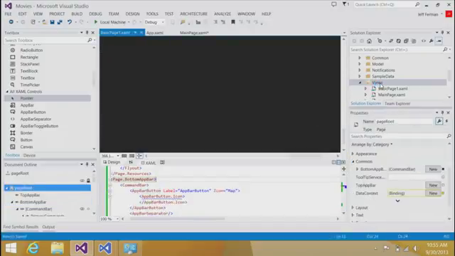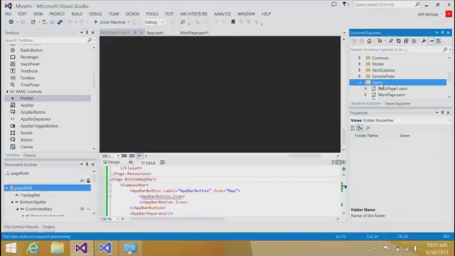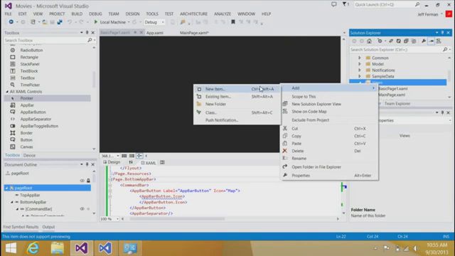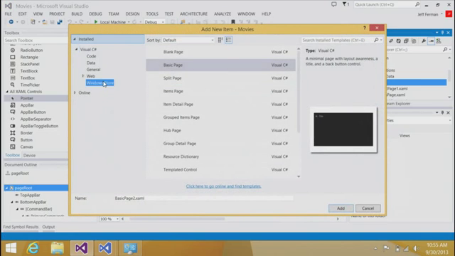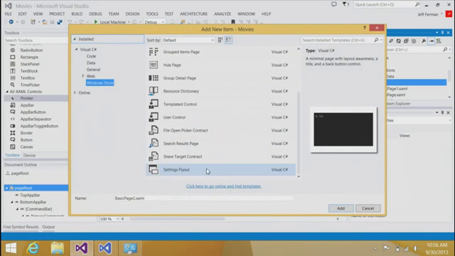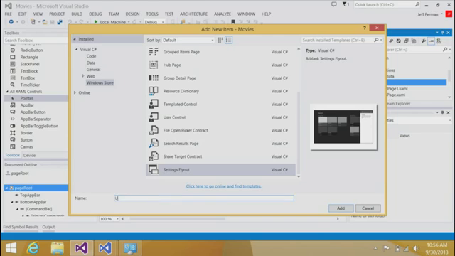There's one other control that we wanted to show, and in addition to all these that you've seen, this is the settings flyout. The settings flyout is actually really just its own item, just like a user control. So I'm going to right-click, we'll add a new item, and when I do that, hit Windows Store, we'll scroll down and I see the settings flyout. Now I'm going to just call this for now the update settings flyout,